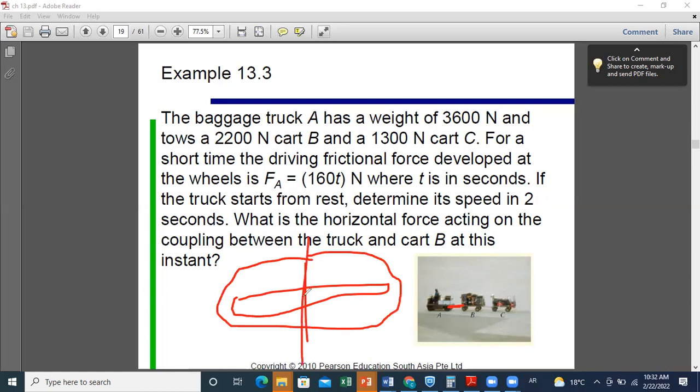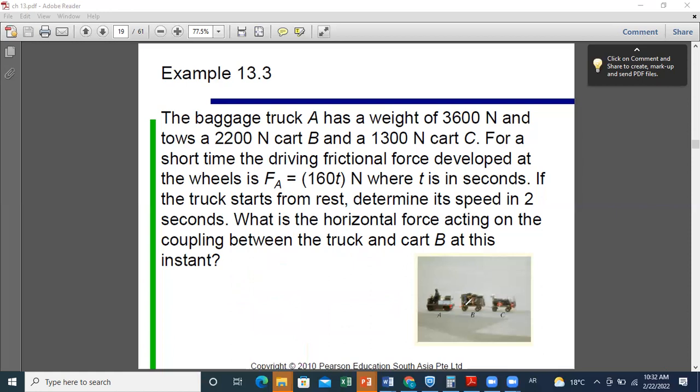You can calculate what we call internal forces. So always, to calculate an internal force, you should cut your system. And since I am interested in the force in this coupling, I should cut at this level. So either I take as system A, or I take B plus C. It's equivalent. You know why? Because